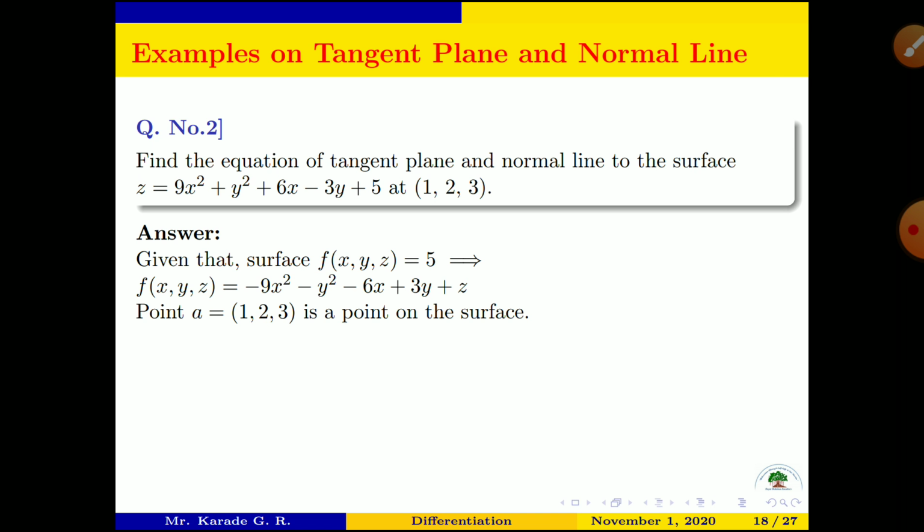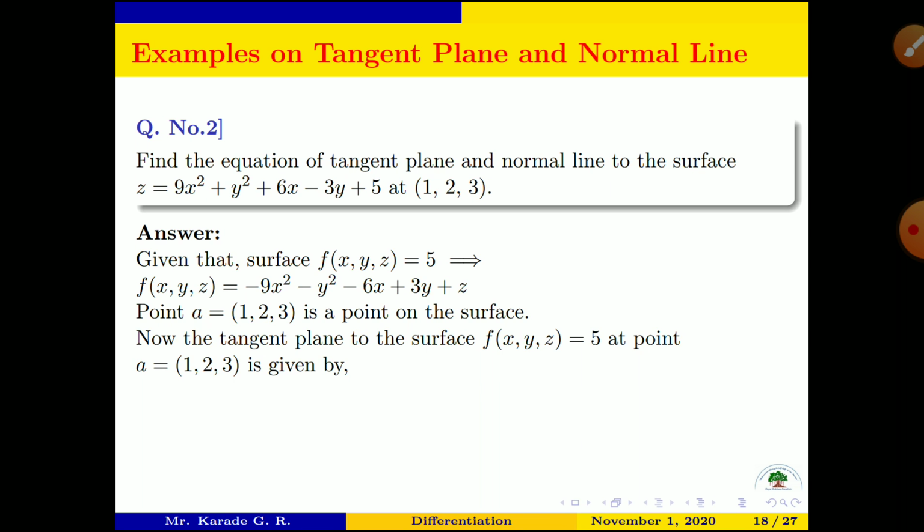Now point A is equal to (1, 2, 3), it is a point on the given surface. Now the tangent plane to the surface f of x comma y comma z is equal to 5 at point A equal to (1, 2, 3) is given by,